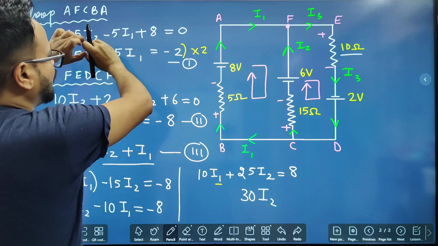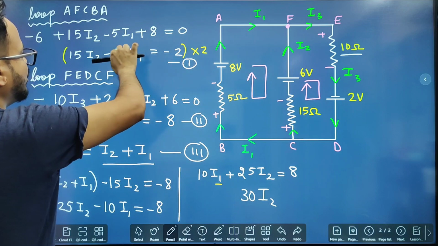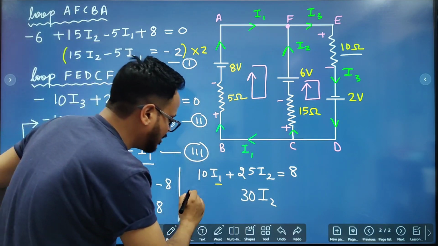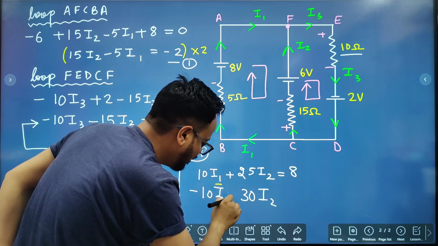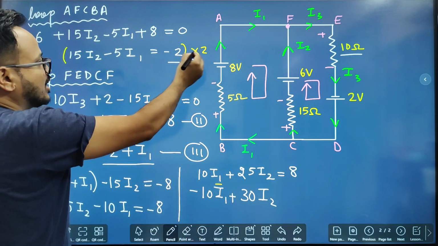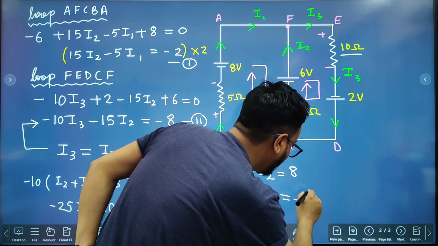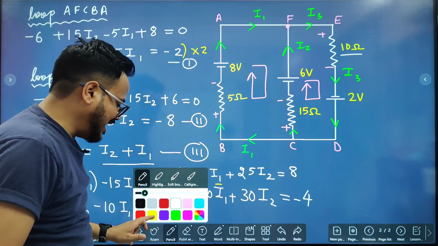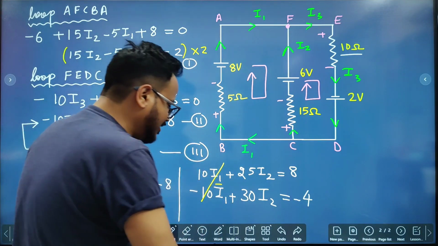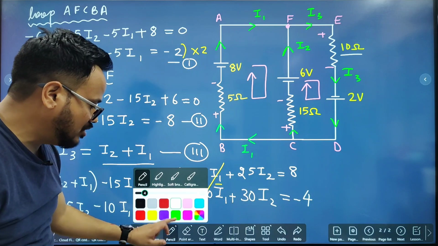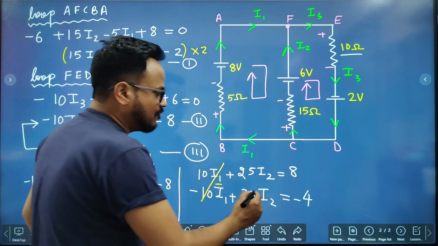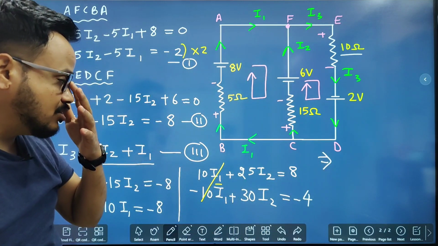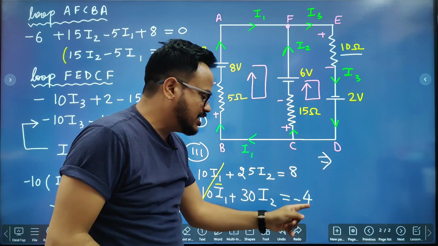2 will be multiplied with every term. So 2 into 15 is 30, minus 5 into 2 is minus 10. Minus 10 I1 plus 30 I2 equal to minus 4. Okay, so now let's add these two equations. If we add these two equations, this term will get cancelled out, and 30 plus 25 is 55. 55 I2, 8 minus 4